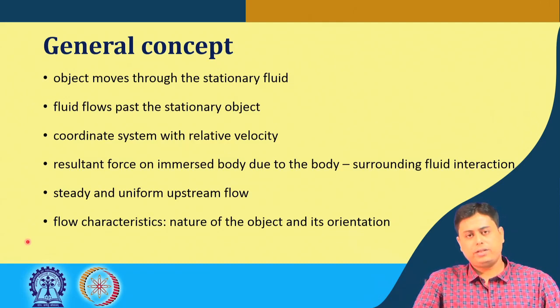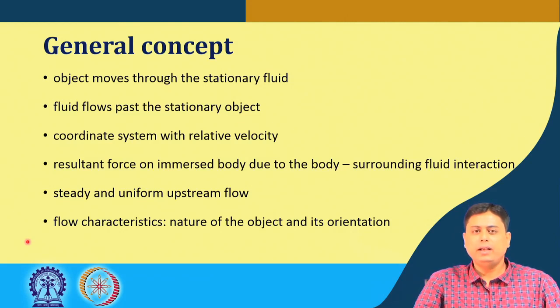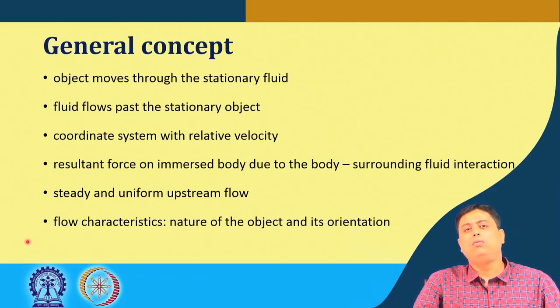So, the flow characteristics around the object, we have seen, depend on the nature of the object: its shape, size, and another vital thing, its orientation. Depending on that, several flow characteristics will be there, and accordingly we have to find out what the drag force is, or how the drag force behaves when a fluid flows over a particular shape of object.